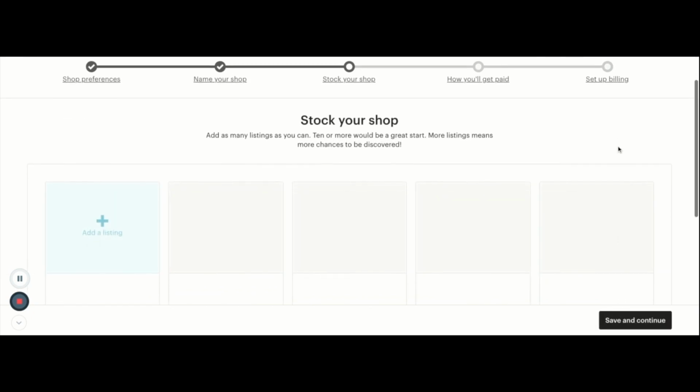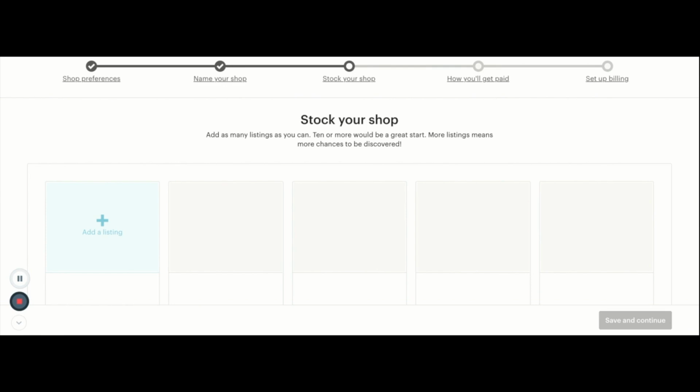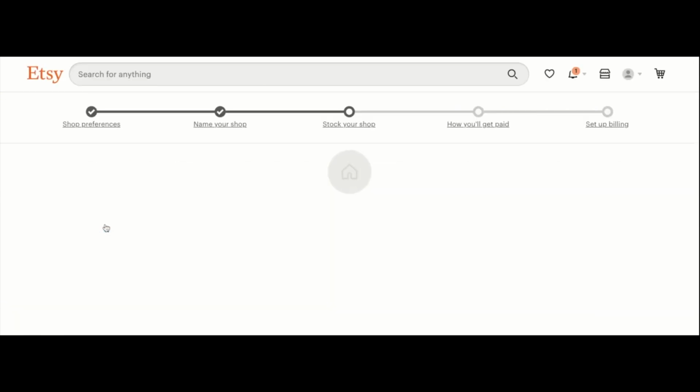So it'll bring you to your setup for stocking your shop. Now, we're going to leave this blank right now just because we will get into that later, how to create Canva images that we will upload once we have our templates set. So you can go ahead and click that. It will require you, I guess now, this is a new feature, to upload something. So we're going to go ahead and click add a listing